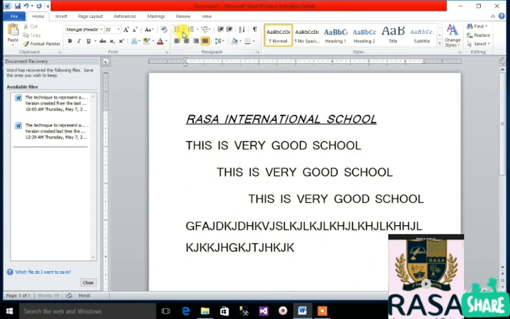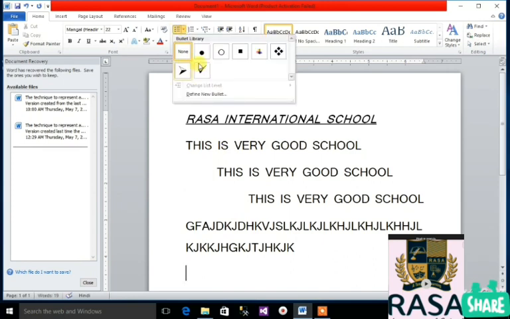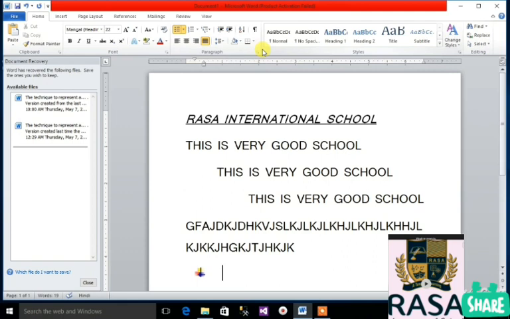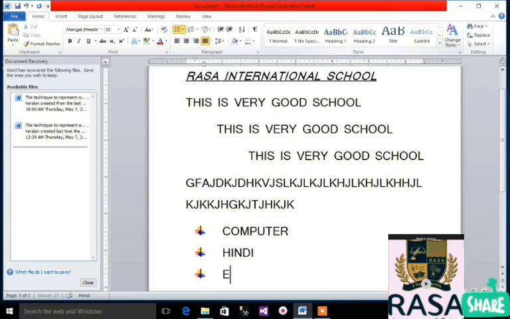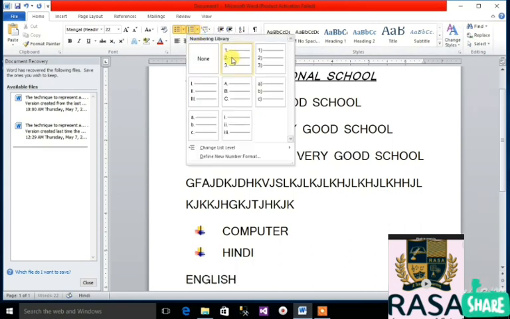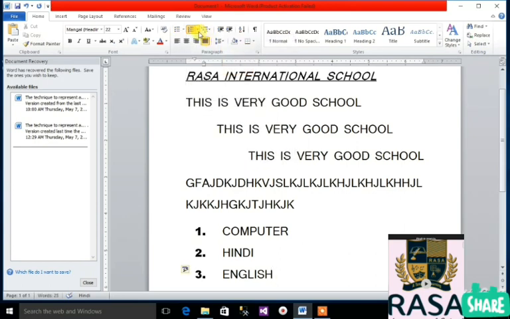So now we will learn about the paragraph, and if I want some bullet, so you can choose designs of bullet from this, like computer, Hindi, English, okay. And you can select like this also.